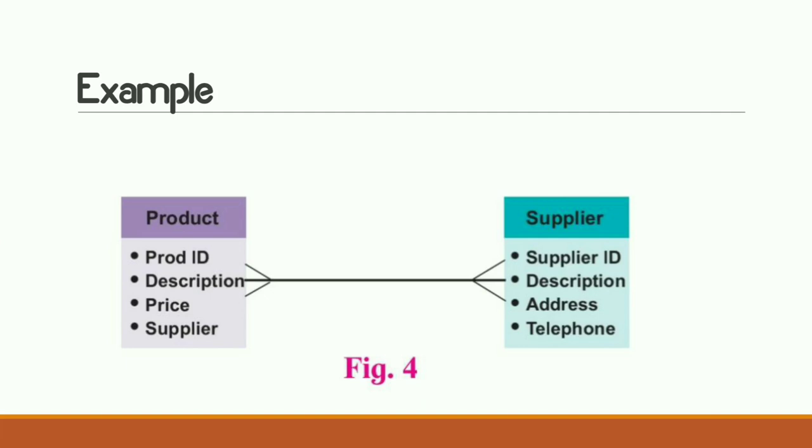So let us see another example. The example is given about product and supplier. There are so many products which a supplier has, and there are so many suppliers who are going to supply those products. Okay, if you want to purchase rubber for your factory, then you have so many suppliers, so many options to purchase from, and out of all the suppliers you're going to choose the best deal. Similarly, a supplier has so many products, he has rubber, then he has some other product which is necessary. So based on the requirement, he is going to sell his product. So this is an example of many-to-many relationship.